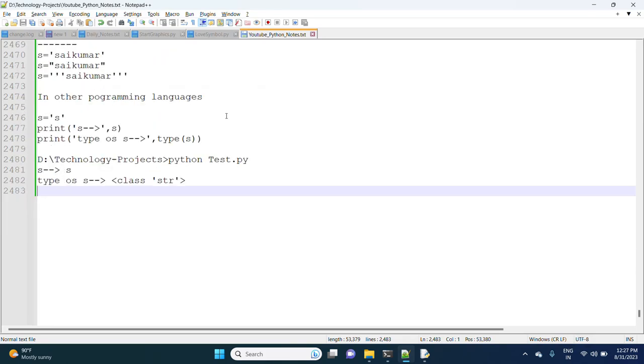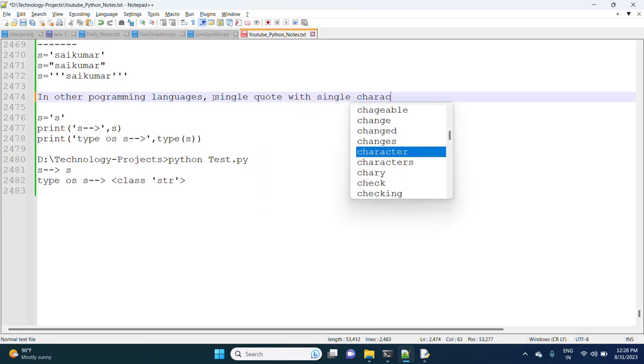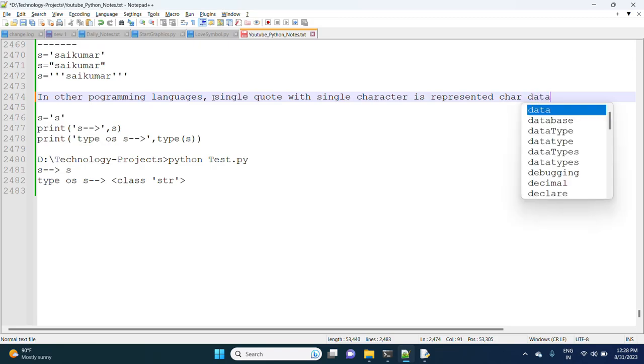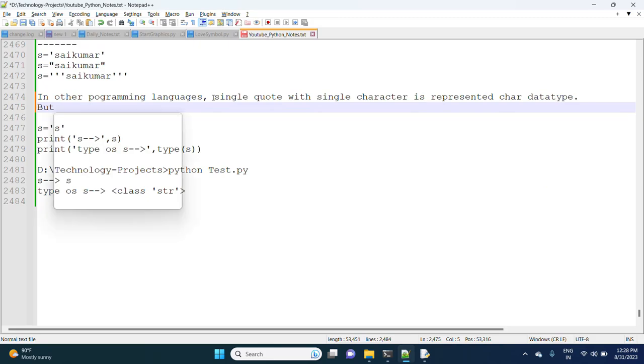So in other programming languages, a single character within single quotes is represented as a char data type. But in Python we are not having a char data type.